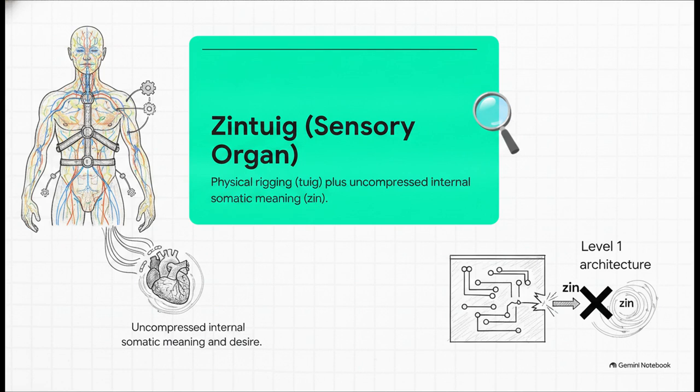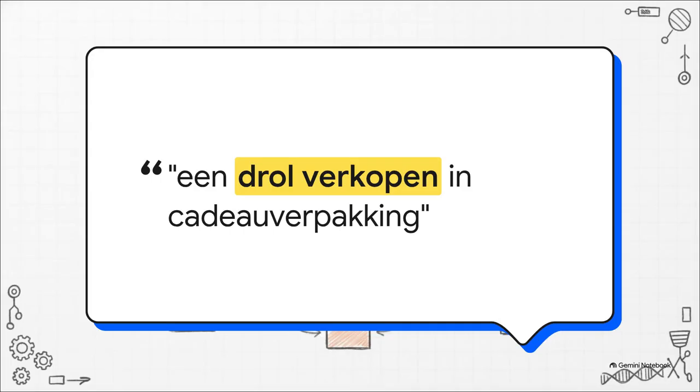Trying to run pure internal meaning without its physical biological hardware, well, that is fundamentally a severe level 1 algorithm type error. Without compiling directly onto the bare metal of the disk quotational sandbox, you just end up with low-bandwidth verbal gift wrapping. Or, as the source humorously translates the Dutch phrase, een druil verkopen in kadaver verpakking, you're essentially selling a turd in gift wrap. There's no way around it. To make true sense, unshielded mental imagery absolutely must bypass that verbal packaging.